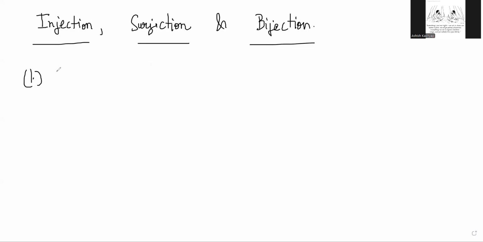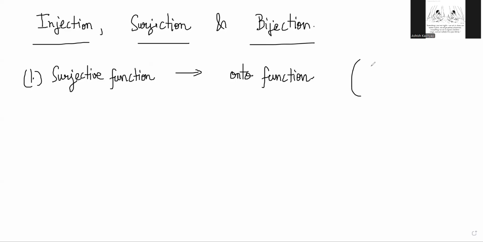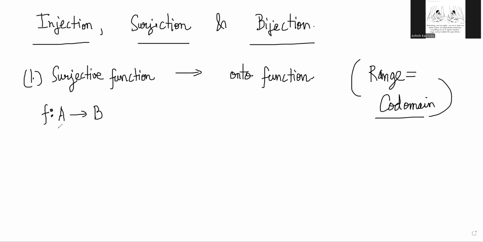So what is a surjective function? So surjective function is basically an onto function, a function where the range is equal to the codomain. So the condition is the range is equal to codomain for a surjective function, right? So basically the way we write it is f is a function from A to B. Here this is the domain and this is the codomain. Now this function is surjective